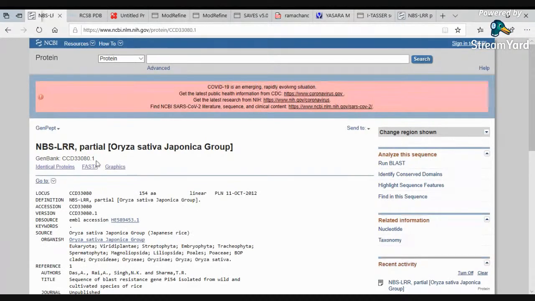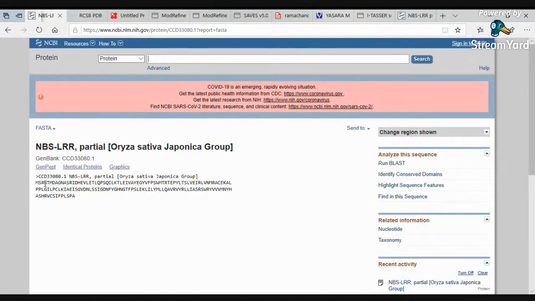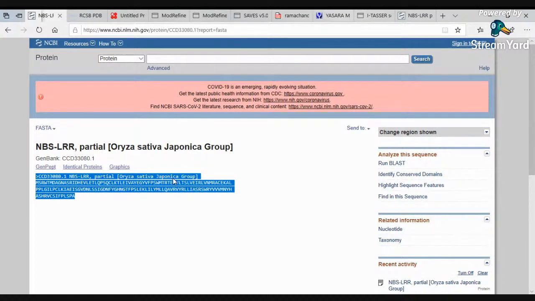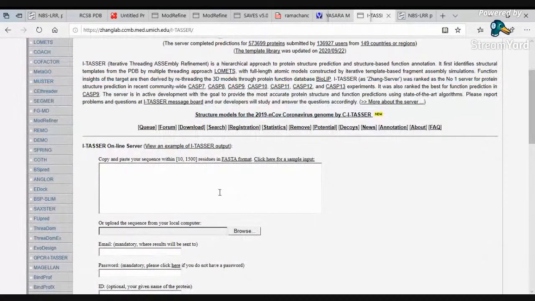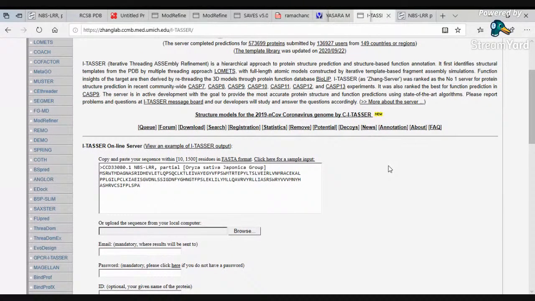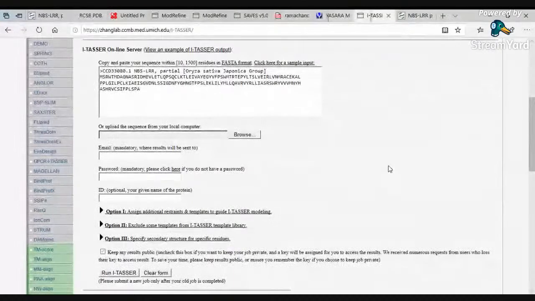It is 154 amino acids, the length is very small. In I-TASSER, just paste the sequence, or you can also upload a sequence file. If the sequence length is large, then you can upload the protein sequence file from your computer and run I-TASSER